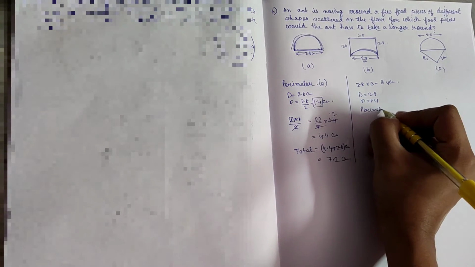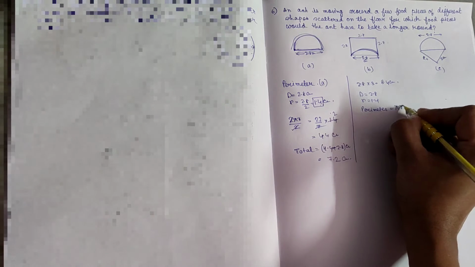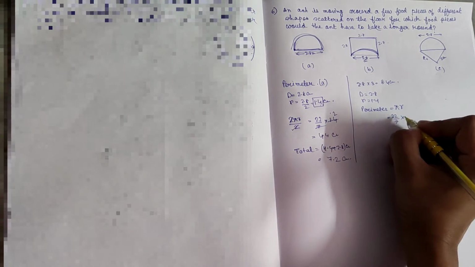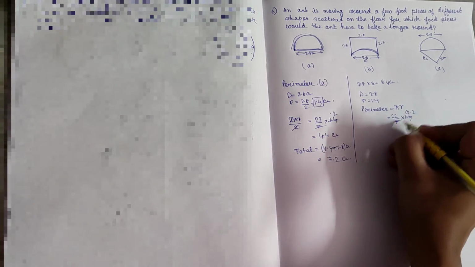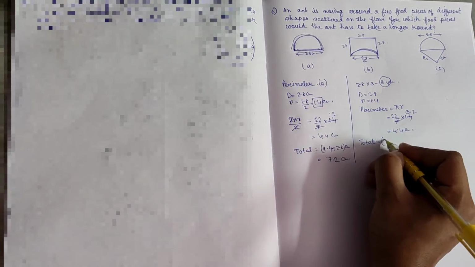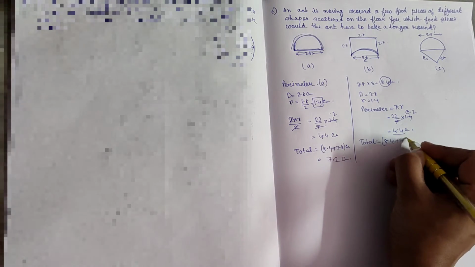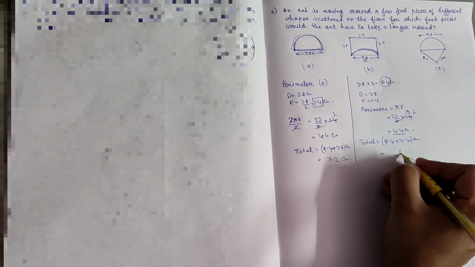It is the shape of a circle. Not a full circle but a half circle. If the diameter of the circle is 2.8, as mentioned, the radius will be 1.4. So the perimeter will be that of a half circle. The perimeter is 2 pi r. No, only pi r. Pi r is 22 by 7 and the radius is 1.4. Let's cancel, 0.2. So 4.4 centimeter. The 3 sides total is 8.4. So in total we have to find 8.4 plus this 4.4 centimeter. 4 plus 4, 8. 8 plus 4, 12. 12.8 centimeter.